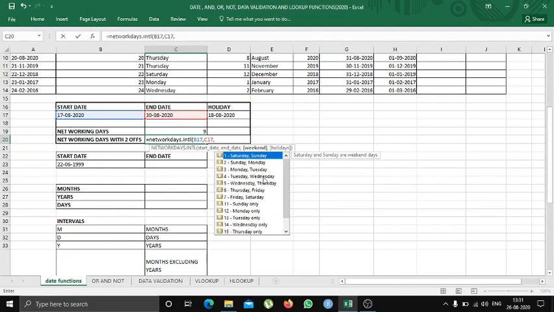Now Excel is showing you the customization you want to make. Suppose you want to provide holidays on Sundays only, or Mondays only, or Tuesdays only. So it will automatically detect the Sundays in the range you provided. From these 14 days, it will automatically detect Sundays and it will show you the value.